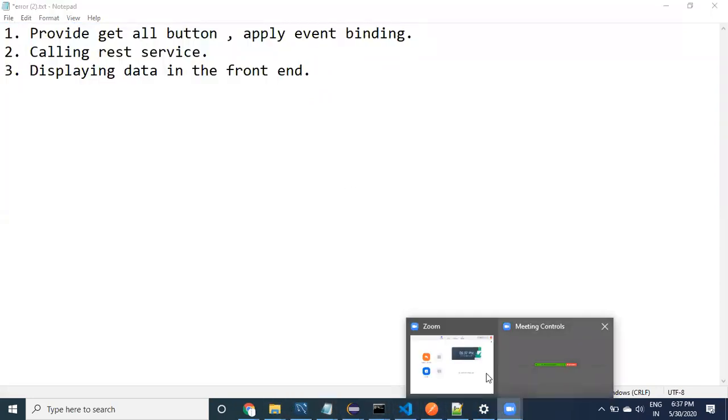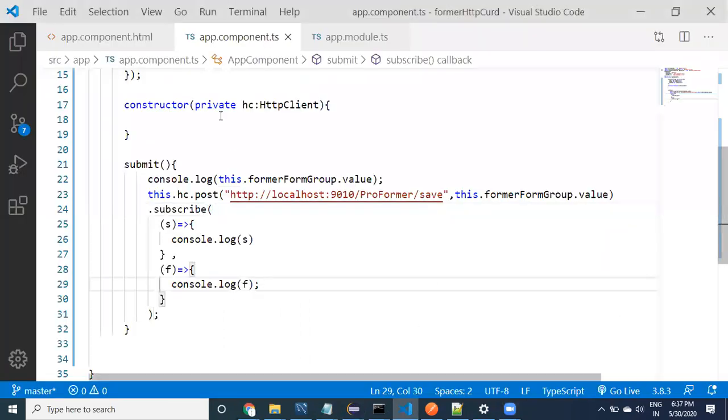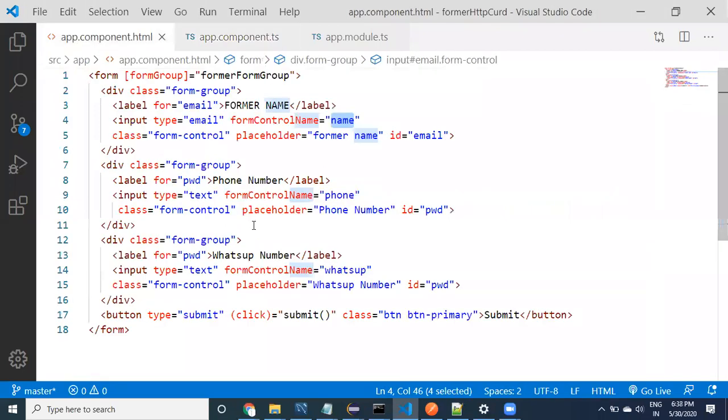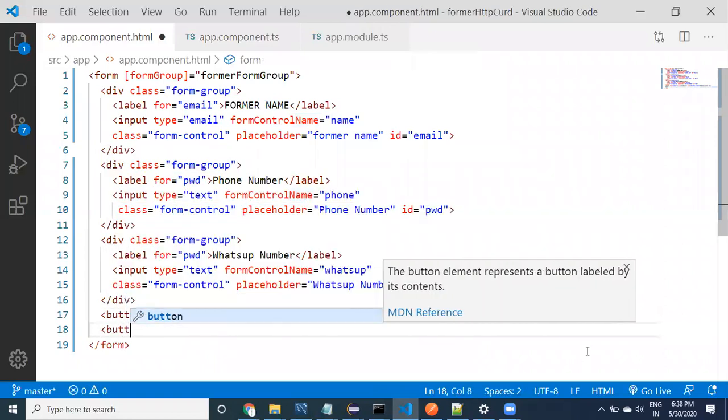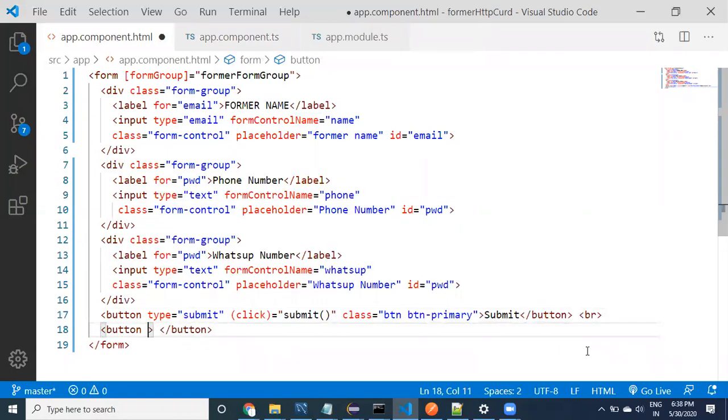Yeah, so now coming to here, this is going to be the front end, right? I'm going to provide one button. So this is going to be something like a button.